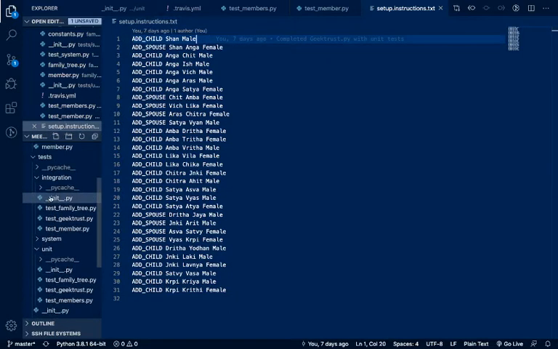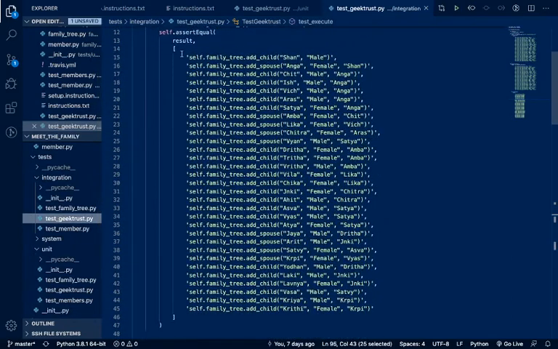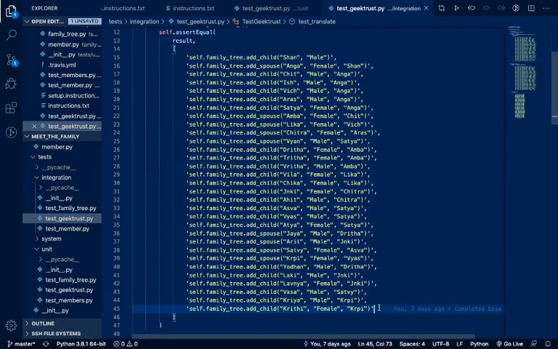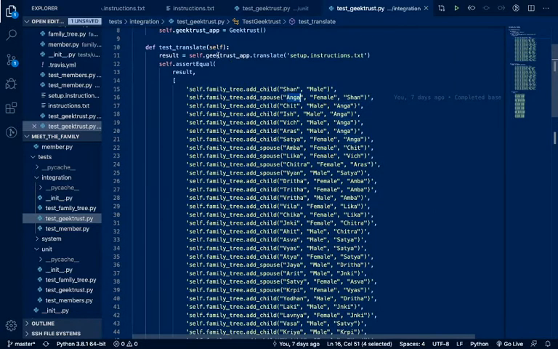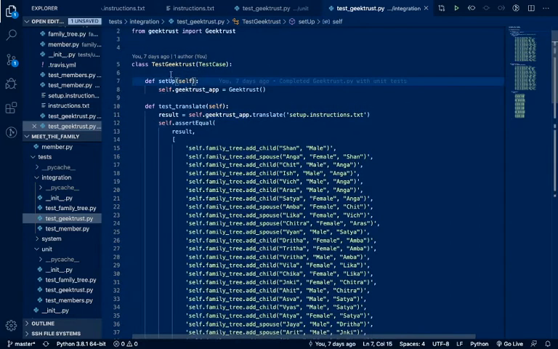So in our integration test, we just convert each of those into these functions. The first one is supposed to convert into this, and this one is supposed to convert into this, and all that, right? So first of all, we set up our GeekTrust app, then we say self.geektrust_app.translate, and we pass our file